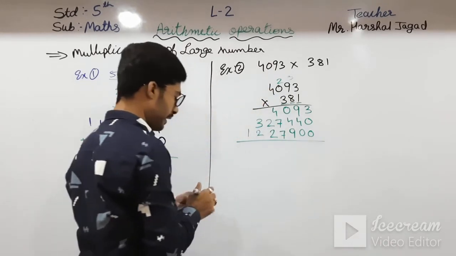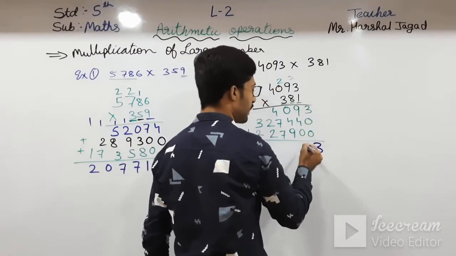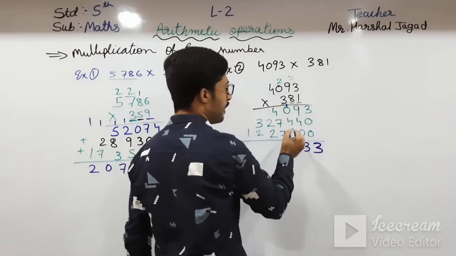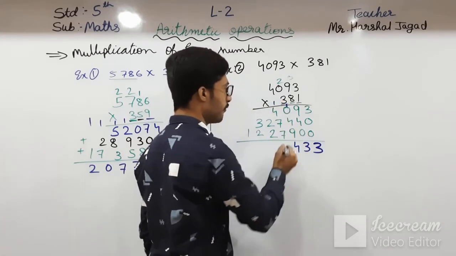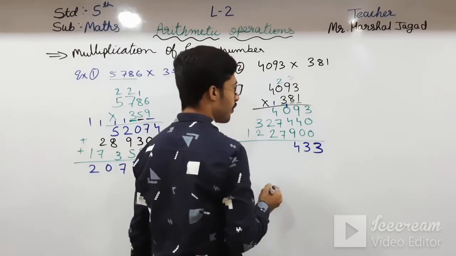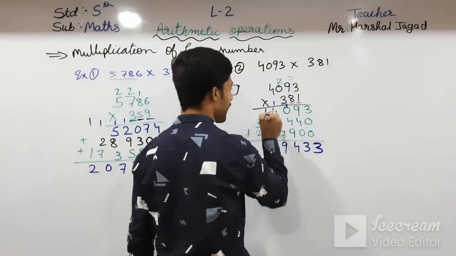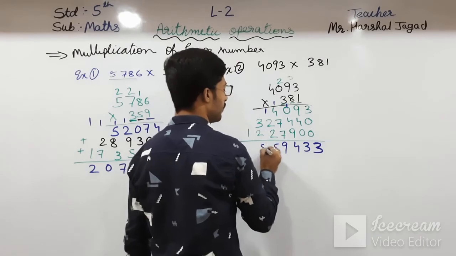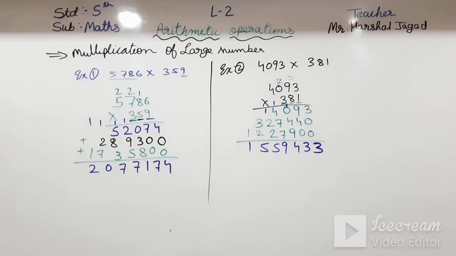So we have to take the total of this. What will be the total? That is 3, 9 plus 4, that is 13. Here 1, here 10 plus 4, that is 14. Here 7 plus 7, 14. 14 plus 5, 19. So here will be 9 and here will be 1. 2 plus 2, 4 plus 1, 5. 3 plus 2, 5 and here 1. So this is our answer, students. Please note down this, students.